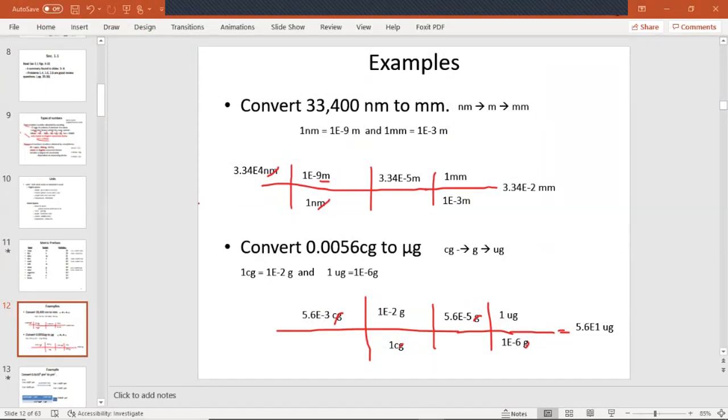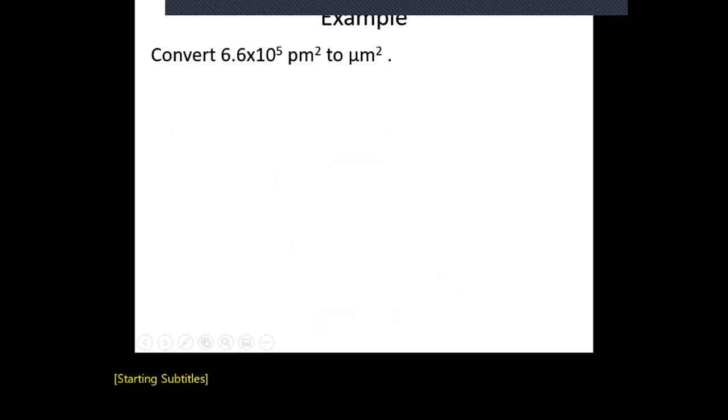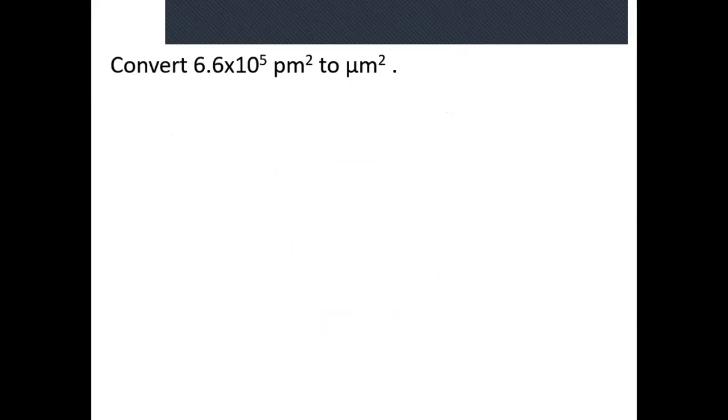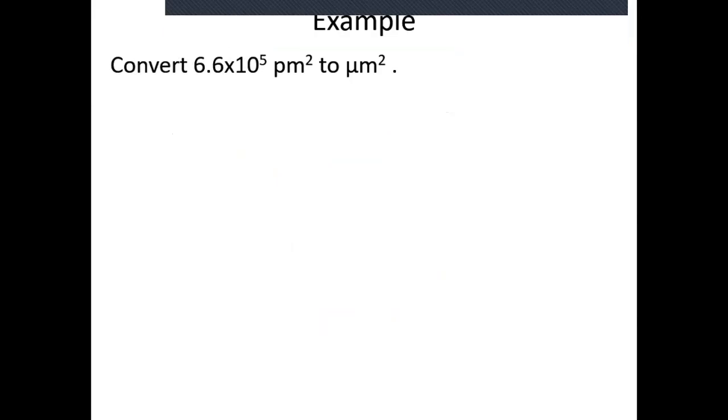So here we're just converting normal metric units, but sometimes with metric units and also English units, you could have squared units. So here, instead of just converting picometer to micrometer, in this example, we want to convert picometer squared to micrometer squared. So obviously on that chart I showed you a few slides back, there's no conversion of picometer squared